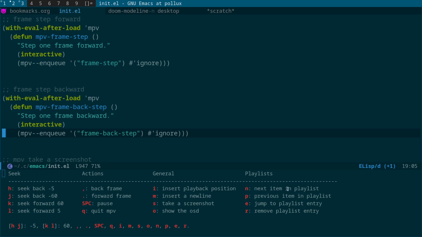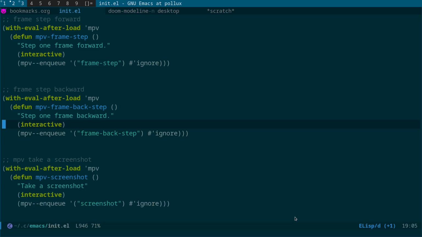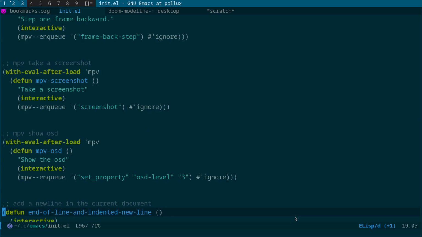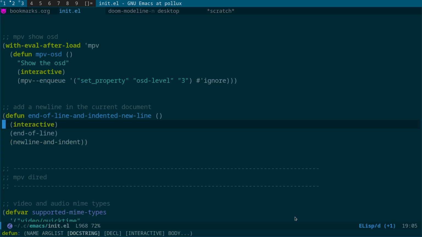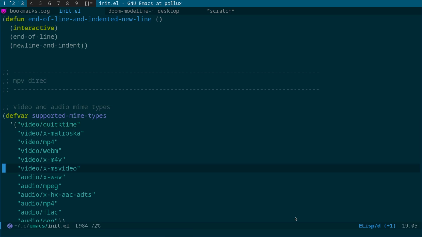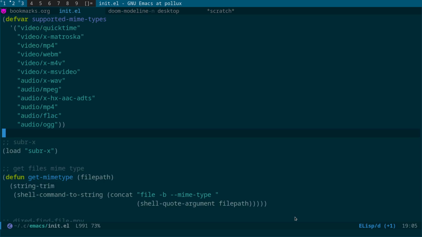You know, we can go to the next item in the playlist, previous item, remove items, jump to items in the playlist, take a screenshot, insert the current playhead position into an org document. What we've got here is MPV and Dired. This is a bit of code that I wrote that actually checks the MIME type of a file. And if it's one of these MIME types, it will open it with